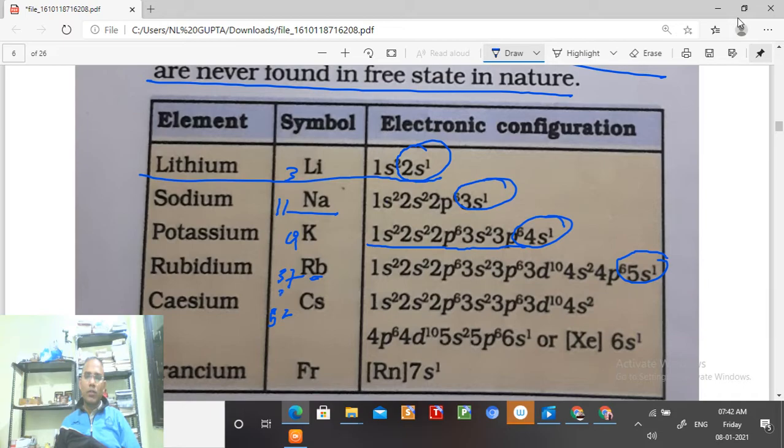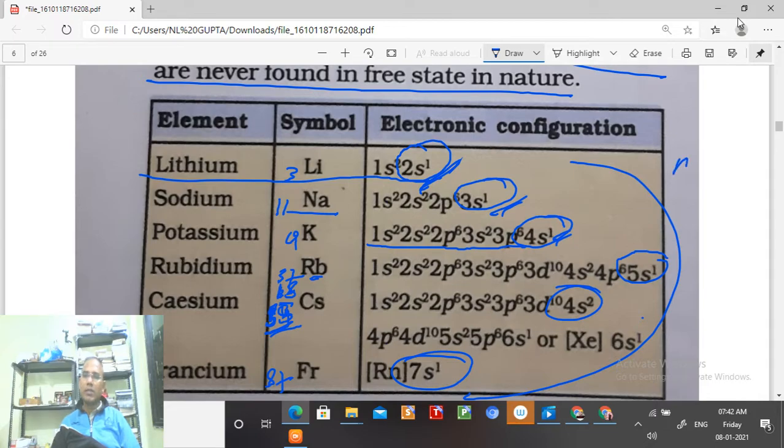You have to add 9, 59, so whatever that is, 4s2. And here, if you are adding 18 students, so 5, 55 student. Okay, 55 this is. And it will be the 87, so it will be the 7s1. So you will find that what you are finding, student, everywhere is s1, s1, s1. So the valence configuration of the alkali metals is ns1. So this is the general electronic configuration.